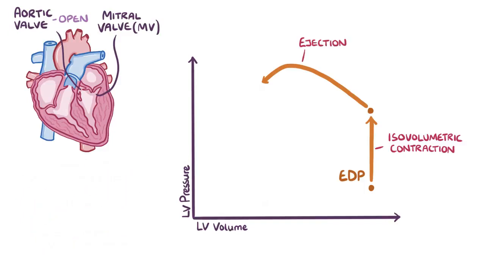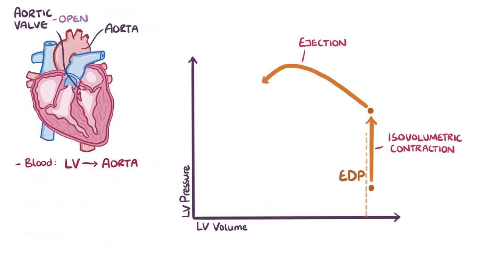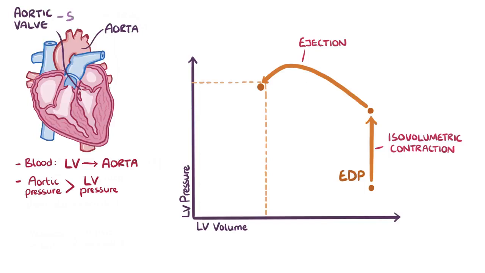In the ejection phase, the blood is squirted out of the left ventricle into the aorta. And so as this happens, the volume in the left ventricle goes down. So the left ventricle continues to contract and ventricular pressure keeps on getting higher and higher, but then it starts to fall a bit when the aortic pressure exceeds the pressure in the left ventricle. At this point, the aortic valve shuts, and this is the end of systole, which is really imaginatively named the